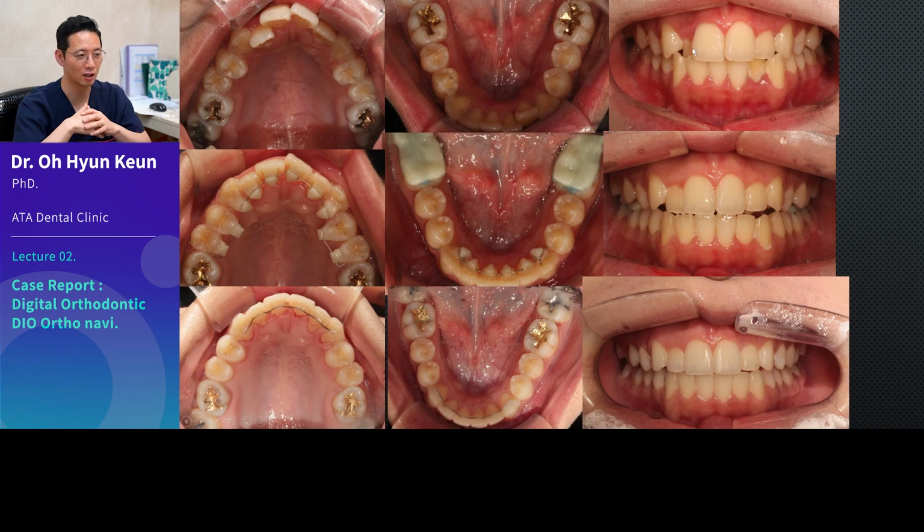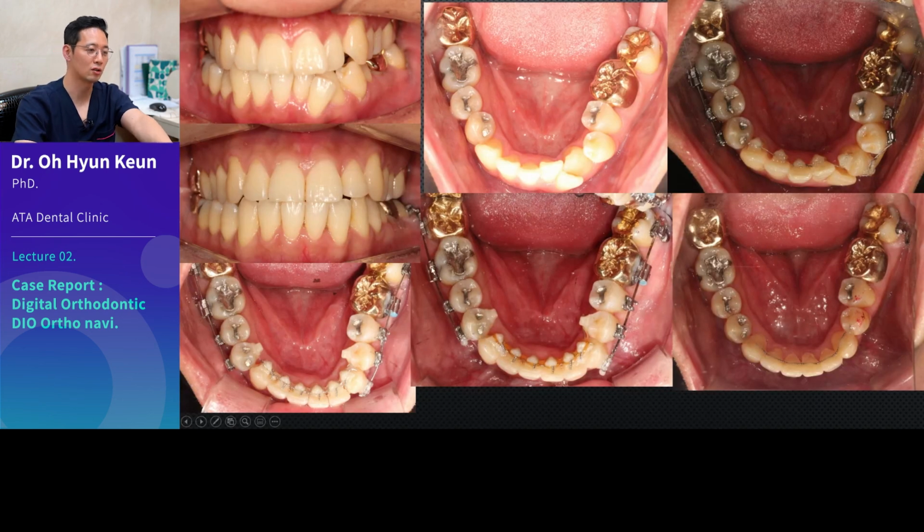So if you see this kind of case where the lower incisors are turned inside, then your first choice of treatment should be the lingual side. But if you are still a bit uncomfortable with it, then you can use a variation method where you use premolars to treat. Like this, you can go further one step at a time. Then I believe you'll see good results.